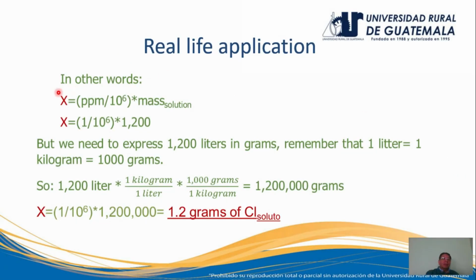If we substitute the values into the formula, we will have 1 divided by 1 million and multiplied by 1,200